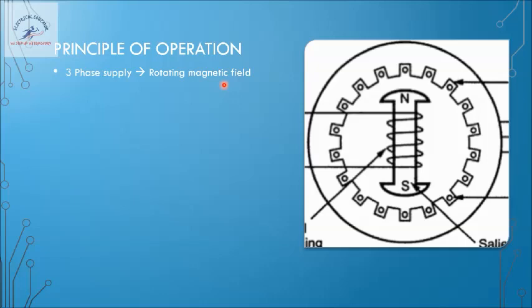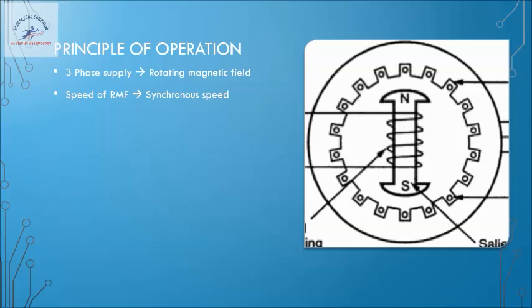Now in a stator with the three phase AC supply, if we look at the outer periphery, it looks like a magnet is rotating throughout its periphery. A magnet cannot have a single pole, it will usually have two poles. So there will be one north pole and one south pole rotating, facing inside. This particular action is called the rotating magnetic field.